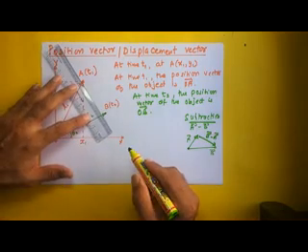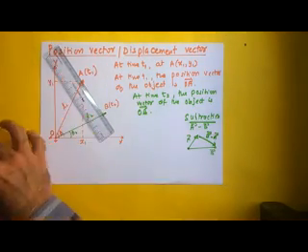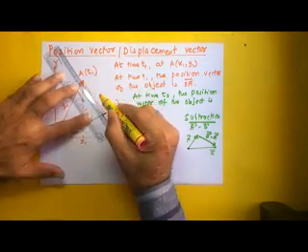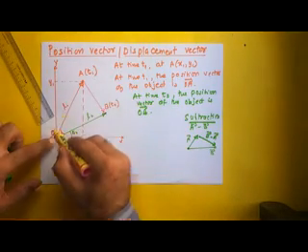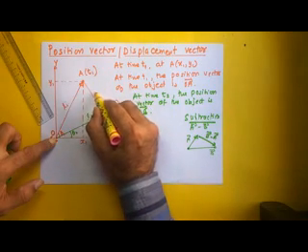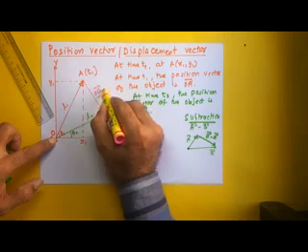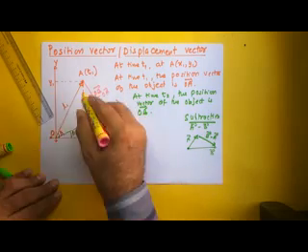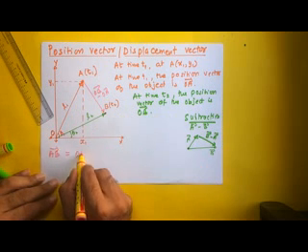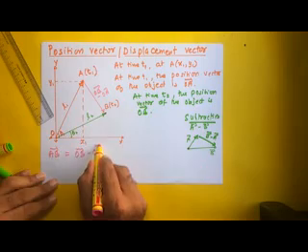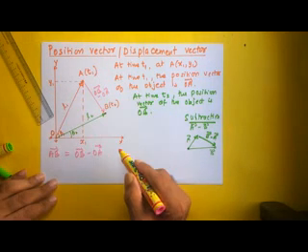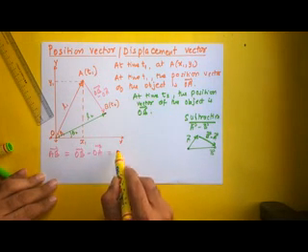Similarly, I can join these two vectors over here, like this. Since from a common point I have drawn vector OA and vector OB, this particular line will give me OB minus OA. So this particular vector AB is equal to OB minus OA. And I'm sure now you have guessed what vector AB, or OB minus OA, will represent. Yes, it represents the